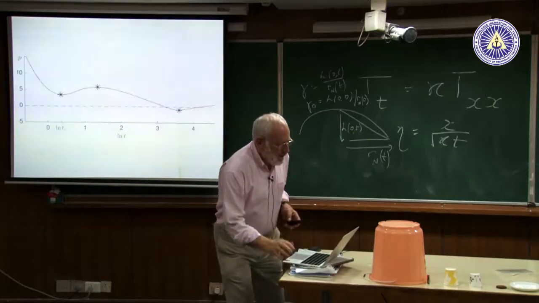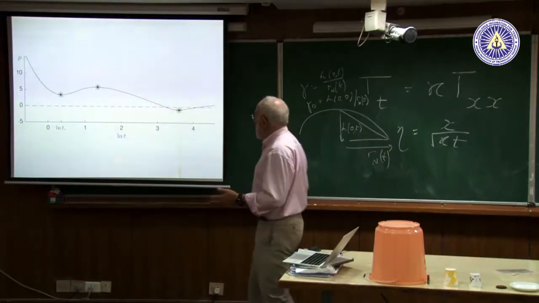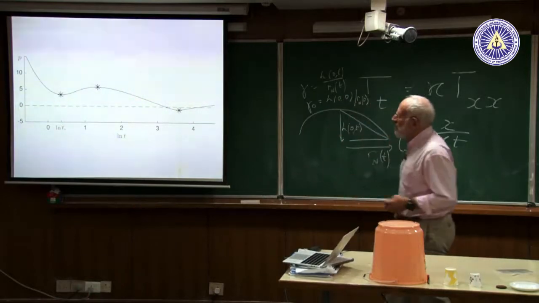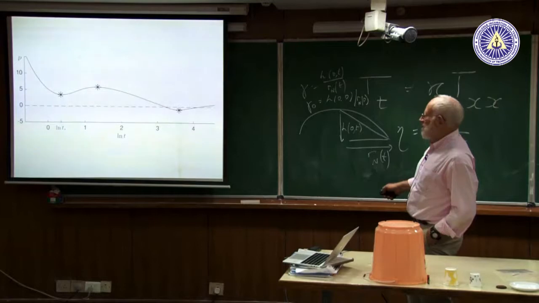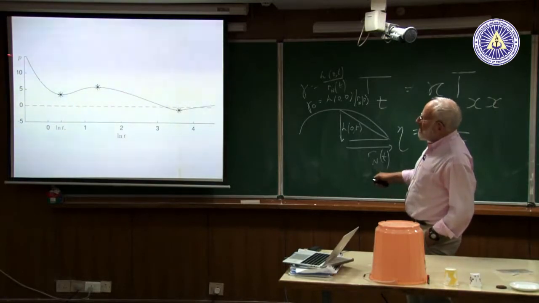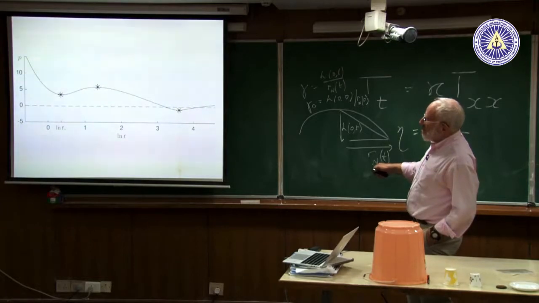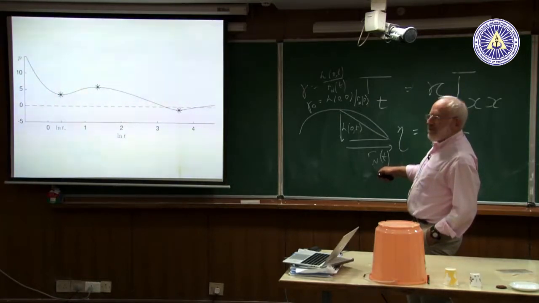Okay. Now the question is, how does the similarity solution with the real solution change with time? This is time, but it's the log, that doesn't matter. And here's the percentage error. For very small time, it's quite high. It goes down and down. How boring, nothing very interesting there. And then it goes back, and it increases, and then it comes to a maximum. And it goes down, and it even gets negative.